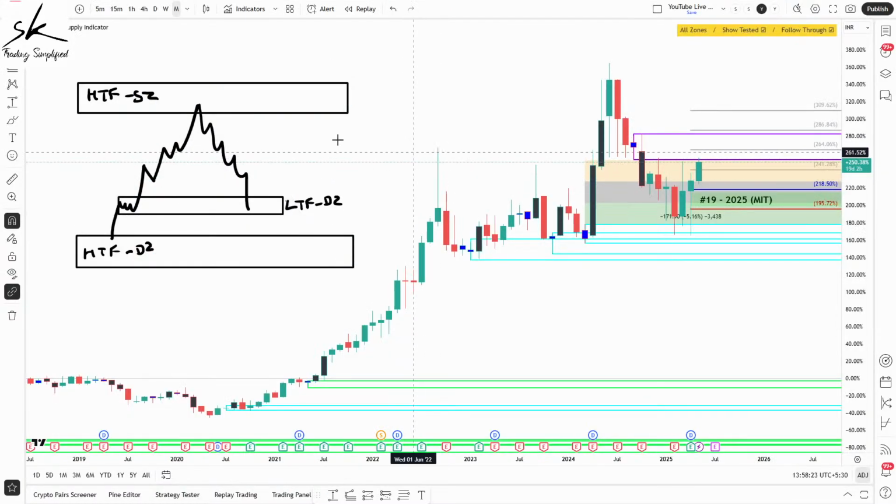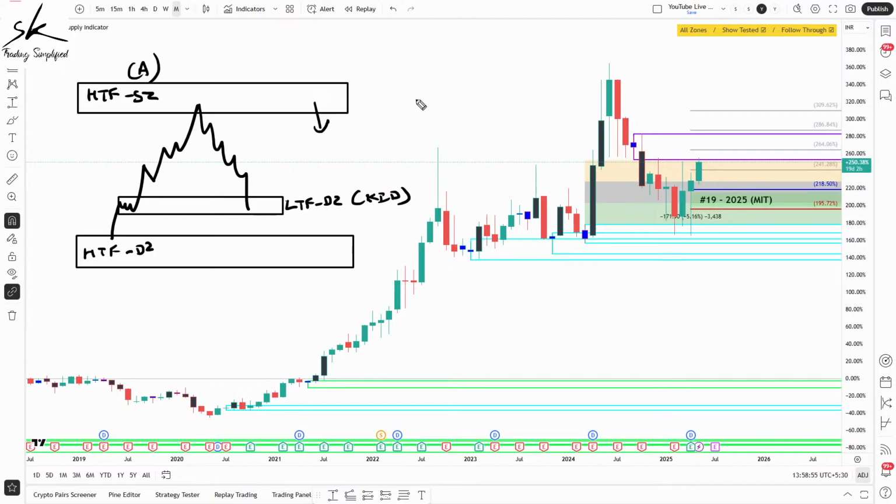Now, why does the probability reduce? To help you understand this, let's take a very simple analogy. A smaller time frame is more like a kid, and the bigger time frame is more like an adult. So when the prices come to the lower time frame first, there is no adult opposing it. But once it has hit the higher time frame zone and then starts coming back, now an adult is trying to push something lower. What is the probability that the kid can hold it? That probability is very low.